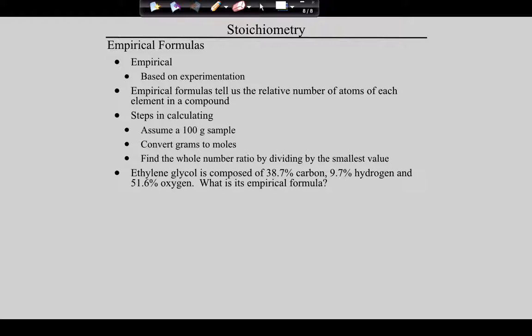So guys, it says this: ethylene glycol. Do any of you know what that is? It's actually antifreeze. It's the stuff that's in antifreeze. So ethylene glycol is 38% carbon, 9% hydrogen, 51% oxygen. What's its empirical formula? Guys, down in your notes, let's solve this together. So here's how this goes. Was it 38.7? So 38.7, I need the numbers, 38.7 grams of carbon,